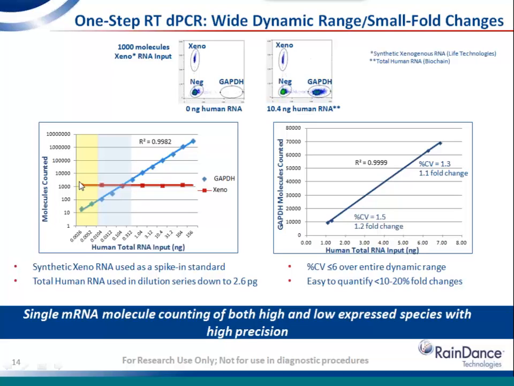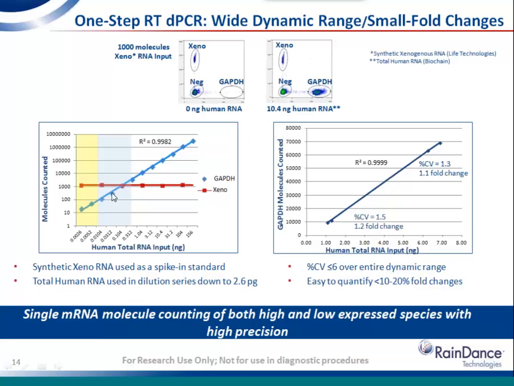On the bottom left, experiments were run where the Xeno inputs were kept constant at about 1,000 molecules, and the total amount of human RNA was diluted down across the 6 logs of dynamic range as we expected to be able to count. And as you can see, we have very nice linearity that goes all the way from higher amounts of RNA input, down to the regions here in blue, which are typical for the amount of RNA you would purify from fine needle aspirates, and even down to the range where single cells